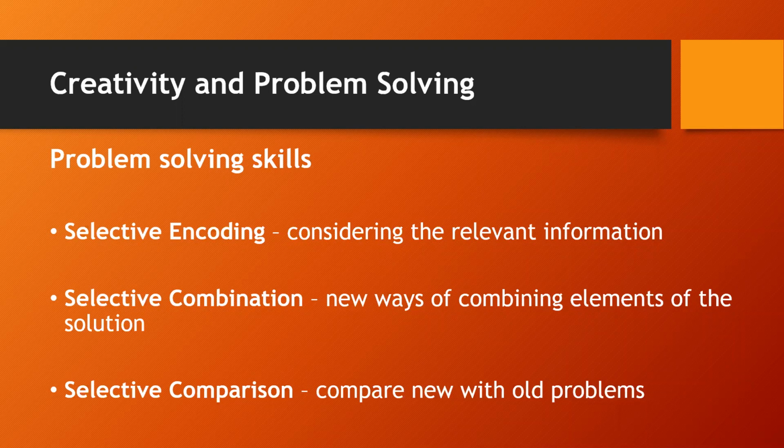So you have a lot of information, wanted and unwanted. So you take only the relevant, the wanted ones, and ignore the other ones. Next is selective combination. It is combining all the pieces of information. So you have all the pieces of information in bits and pieces. What are you doing? You're just combining one by one.